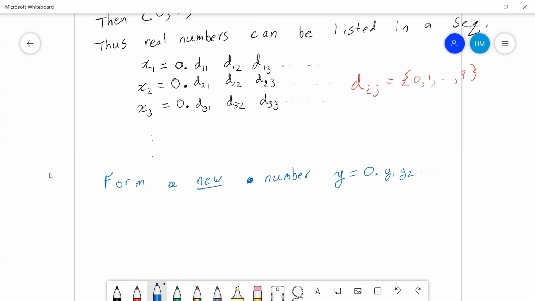Now, the trick here is that each digit is going to be different. The first digit, the first decimal, will be different from the first real number in the first digit place. So I'm going to let it be a 3 if